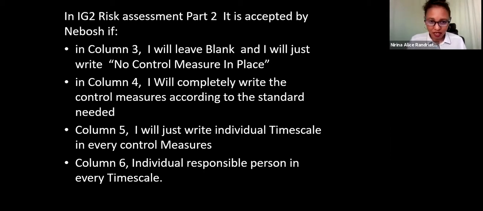So once again, you can have some cases or some hazards where there are no existing control. It means that the additional controls will be a little bit longer. For each action under additional controls, you must provide responsible person. For each action, you also must provide specific timescale. So yes, this is correct. You can do this for some of the hazards, but not all of them. Make sure for other hazards, you actually have some existing controls in place.